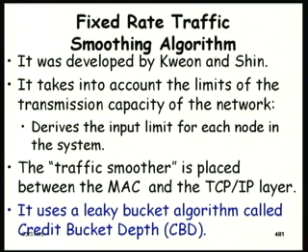It takes into account the limits of the transmission capacity of the network, and it uses a traffic smoother in the MAC protocol of a LAN, and the traffic smoother actually uses a variation of the leaky bucket algorithm called the credit bucket depth. Small variation, we will just look at it,